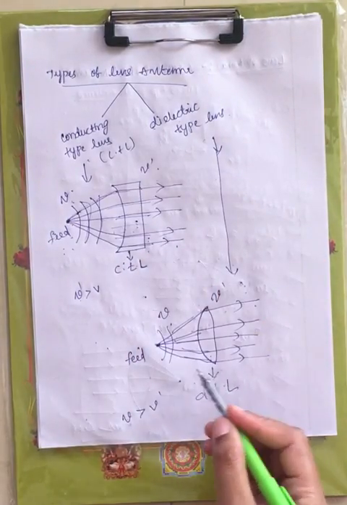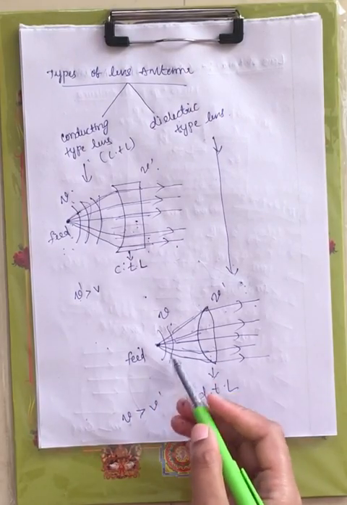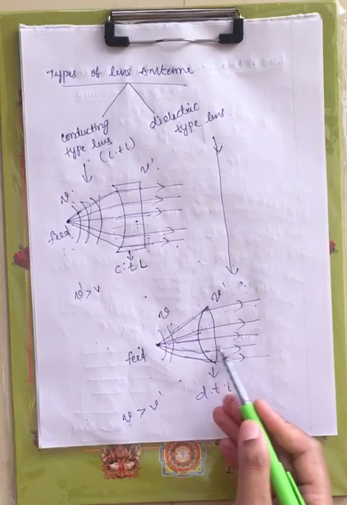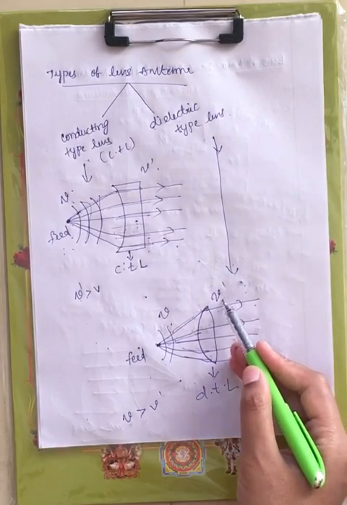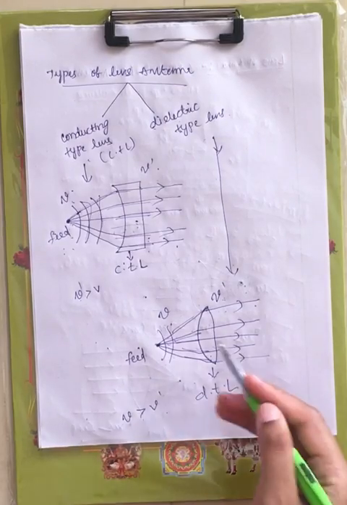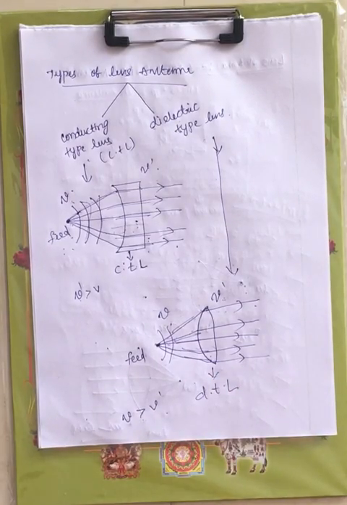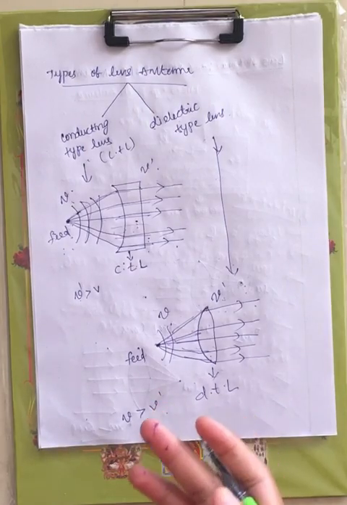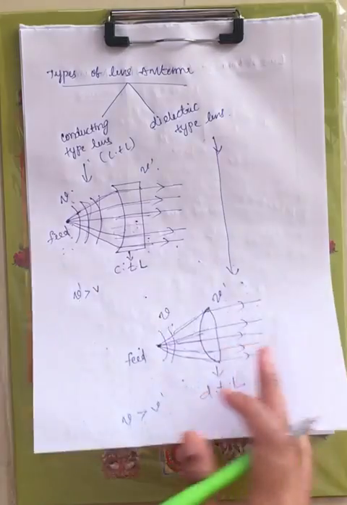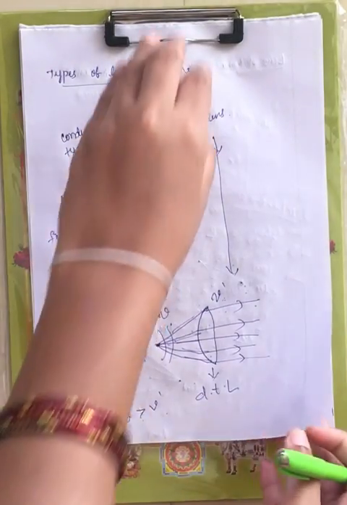Whereas for your dielectric type, feed will generate the signals, and those signals have the velocity v. After passing through dielectric type lens, those signals have the velocity v dash, right? Now v is greater than v dash. So the signal velocities are decelerated under dielectric type lens. Under conducting type lens, signal velocity is accelerated. Under dielectric type, signal velocity is decelerated, right? Now this is about the lens antenna.